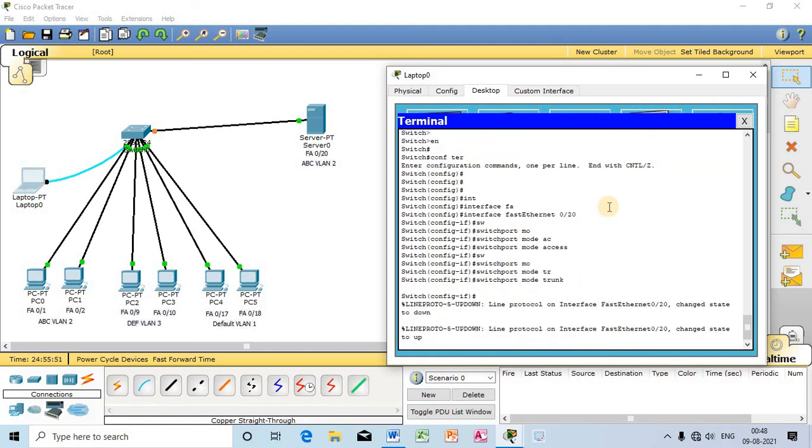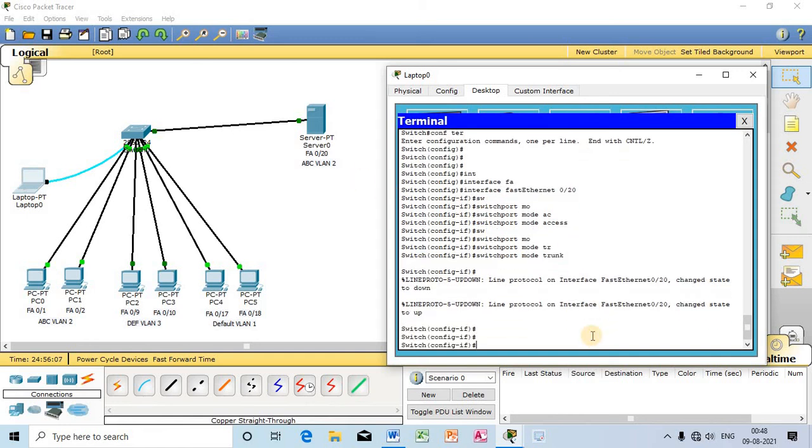So now you can see the color has changed to orange. This particular port 20 has been made a trunk and it became the friend of all VLANs.